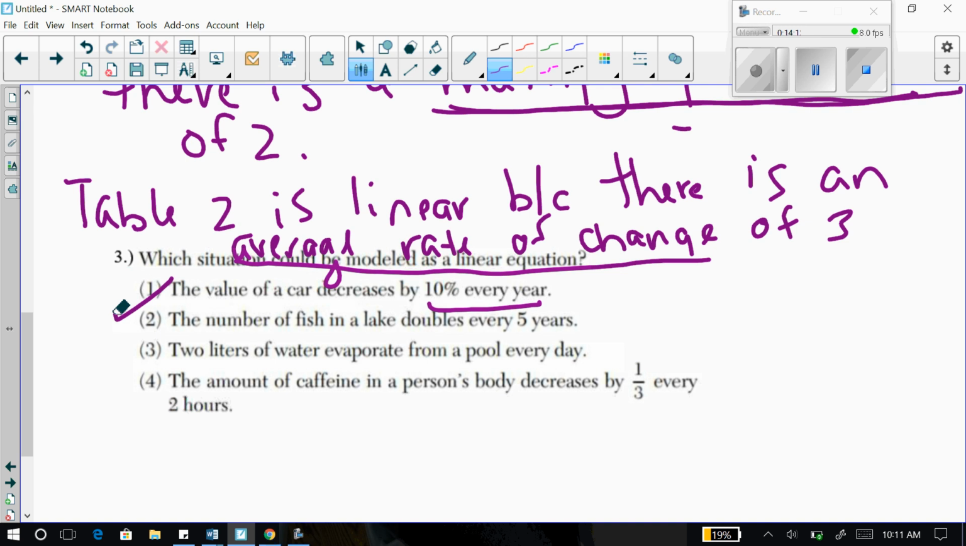The number of fish in a lake doubles every year. Well, doubling something's really multiplying it by 2, so that's not linear, that's exponential. 2 liters of water evaporate from a pool every day. Okay, so we're subtracting 2 liters of water from the pool every day. That sounds linear to me, but let's check number 4 out. The amount of caffeine in the person's body decreases by 1/3 every 2 hours. Number 4